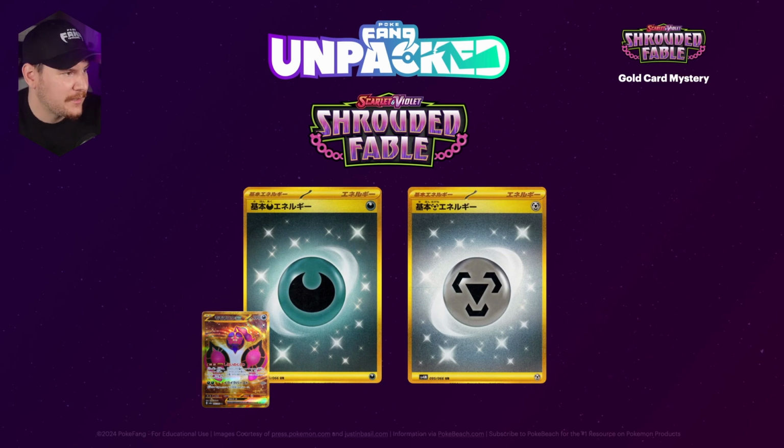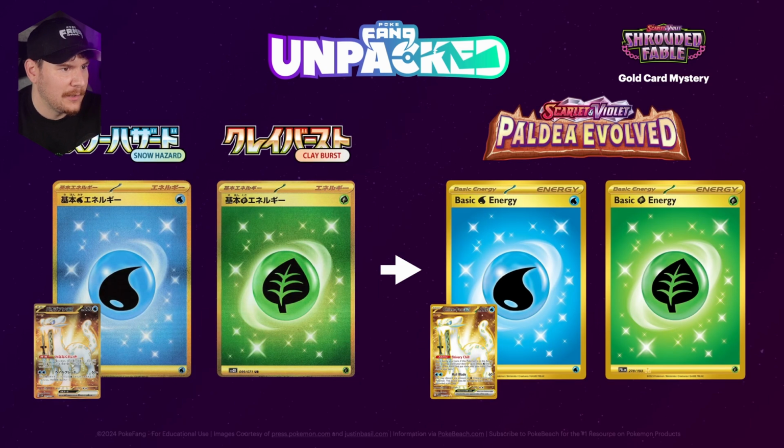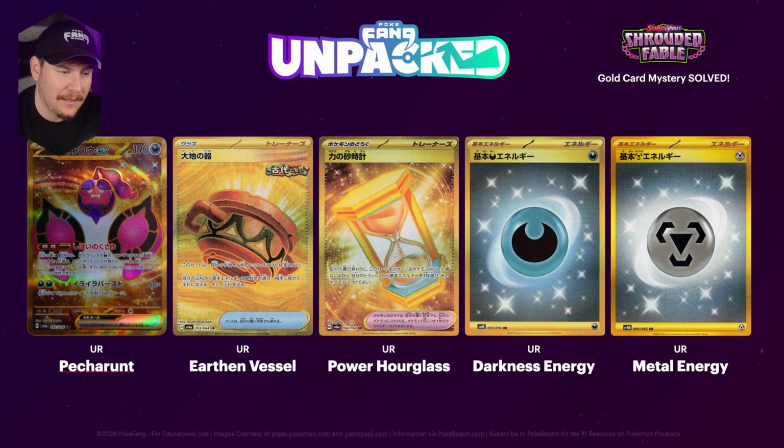As far as the metal energy is concerned, I have a feeling we're going to get basically what happened with Paldea Evolved, which is we have the gold card, it's been printed in Japanese, and we're just going to move it over to English, even though there's not really a card in that set that can really benefit from it. So I'm not a gambling man, but if I was placing bets on what 2 cards we were going to see in these final 2 spots, it would be this darkness energy and this metal energy that we haven't had printed in English going to fill those final 2 spots in the Shrouded Fable lineup, which concludes our series